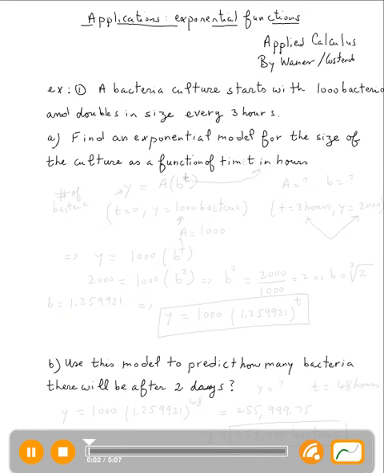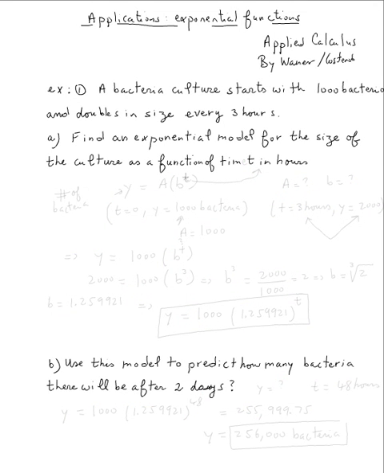Okay, in this example, this is an application of exponential functions. A bacteria culture starts with 1,000 bacteria and doubles in size every 3 hours. We're supposed to find the exponential model or equation for the size of the culture as a function of time t. So in other words, t of course is the independent variable, and the size or the number of bacteria